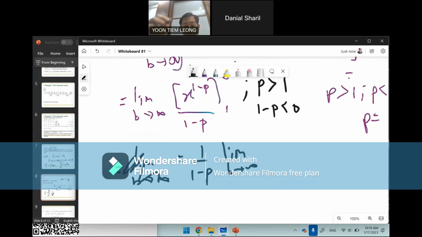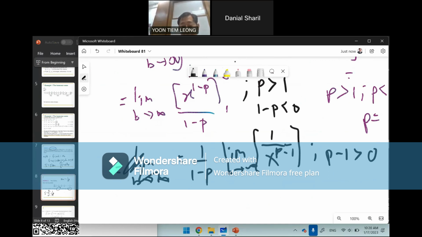Then x raised to the power 1 minus p could be written as x to the p minus 1. So it looks much more comfortable in that way, because p minus 1 is a positive number, since p is larger than 1. And then you take the limit of x between